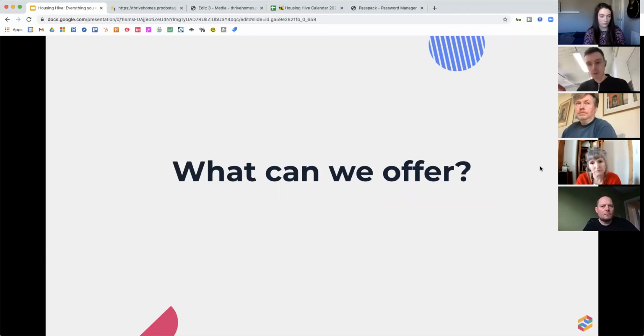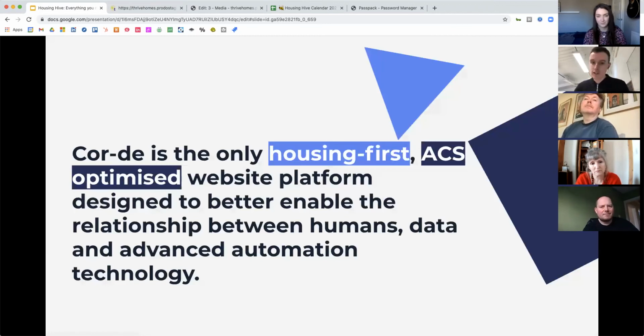So we've got the Franklin portals, we've got the Cor-de websites. I'm going to quickly talk to you about Cor-de Go today, which I know Kris knows a little bit more than me about, having had the workshop yesterday. But essentially, Cor-de is the only sort of housing first ACS, which is our accelerated channel shift program optimized website